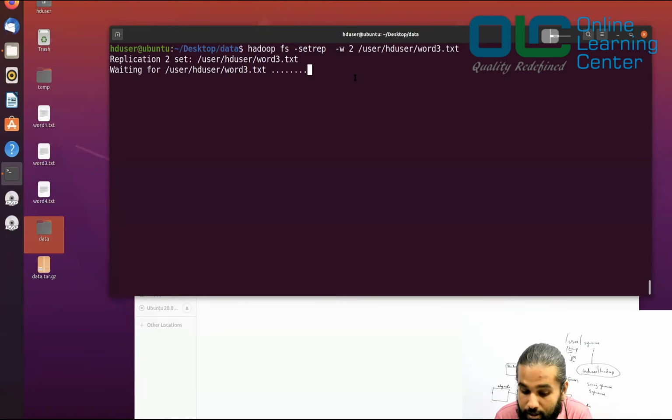It is basically an instruction: please try to maintain a replication factor of 2. But if you do not have at least 2 nodes, why would it replicate? It does not make any sense. So if you have just a 3 node cluster and you set the replication factor to 5, it is not going to meet 5. It is going to meet 3 at maximum, whatever is possible, but not 5.